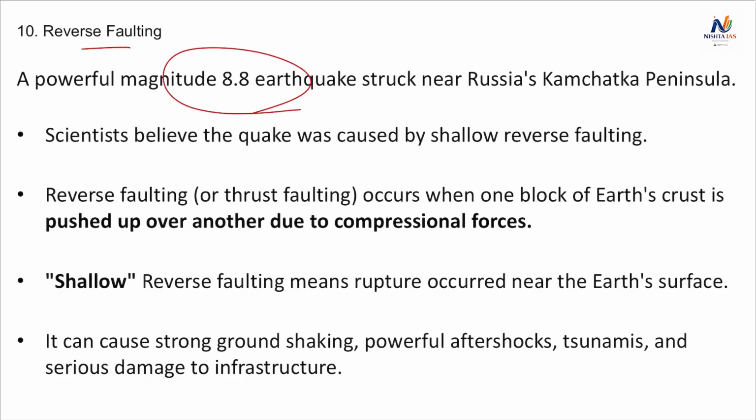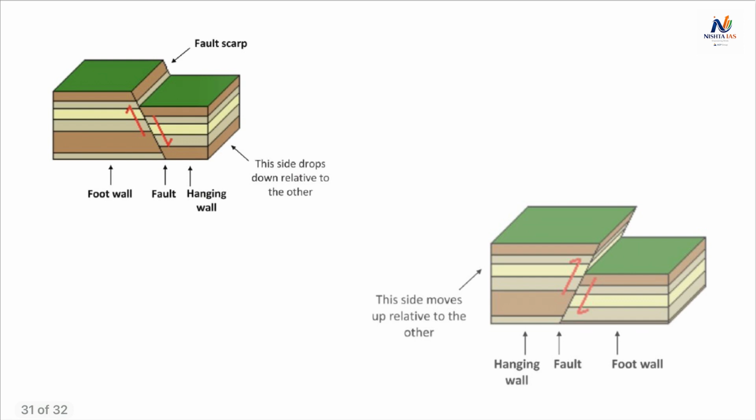And then reverse faulting. Friends, a powerful magnitude 8.8 earthquake struck near Russia's Kamchatka Peninsula, and scientists believe that the quake occurred because of shallow reverse faulting. And what is this reverse faulting? Friends, the faulting usually occurs in this fashion, that is, here we can see the plates moving away from one another, and hence the faulting is happening downwards. But the reverse faulting does not happen like this. Reverse faulting happens when the two plates are crushed against one another, and because of this crushing motion,